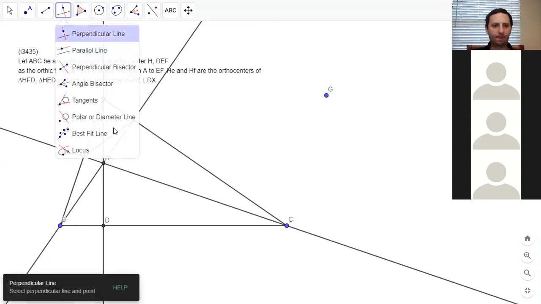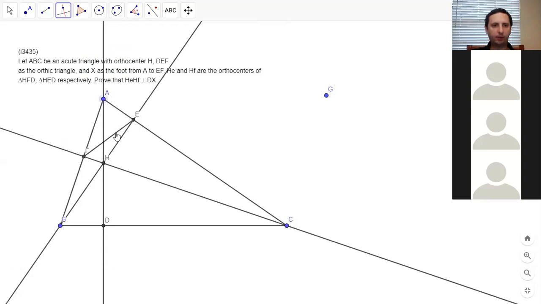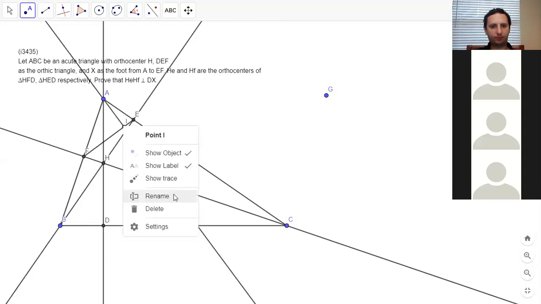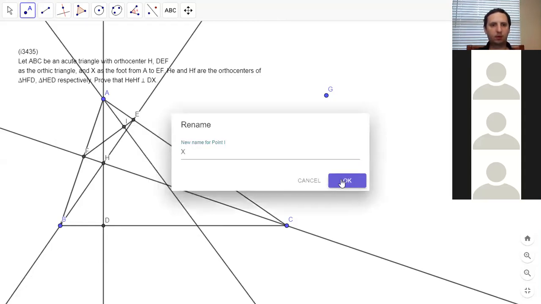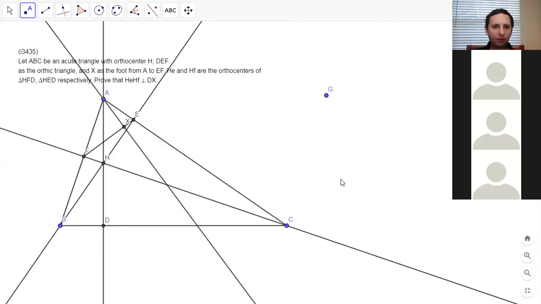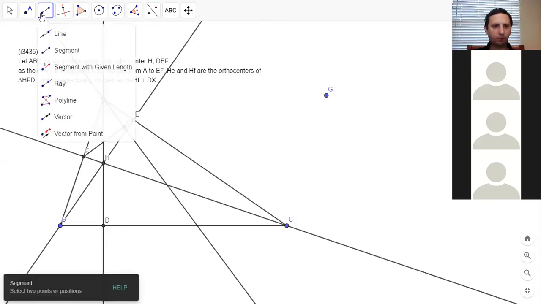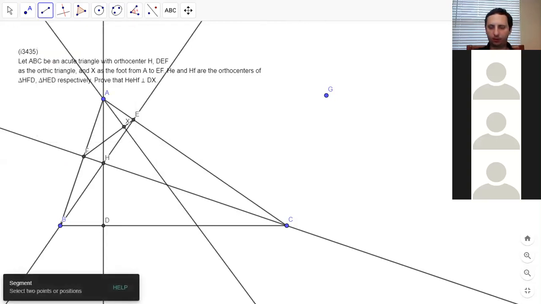So yeah, AEF and ABC are similar, and D corresponds to X. So we draw HF, D and HE, D, and we draw the orthocenters. Okay, so